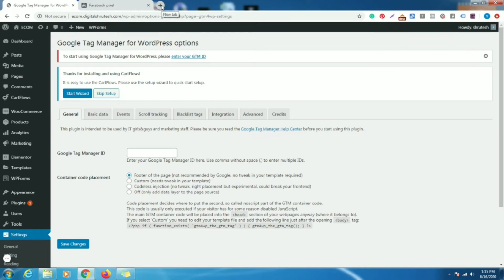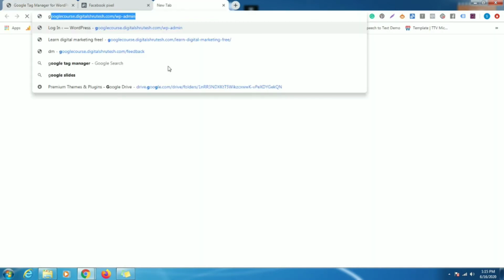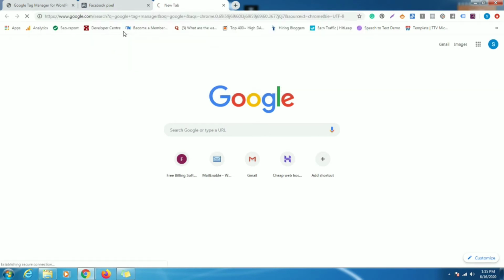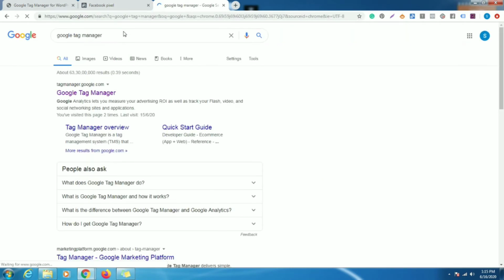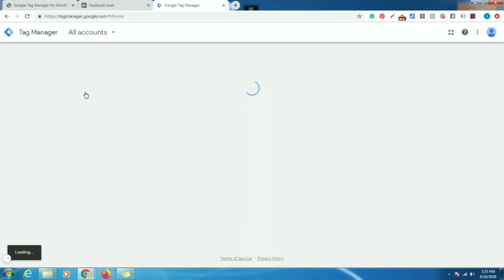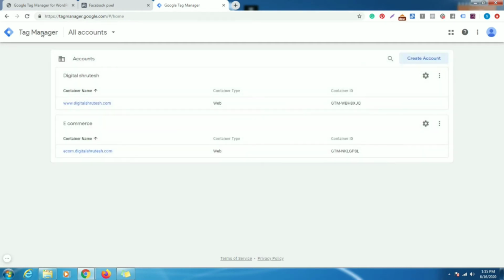So click to a new tab and search here Google Tag Manager. Just click here and go to the Google Tag Manager. Now I am in the dashboard of Google Tag Manager.